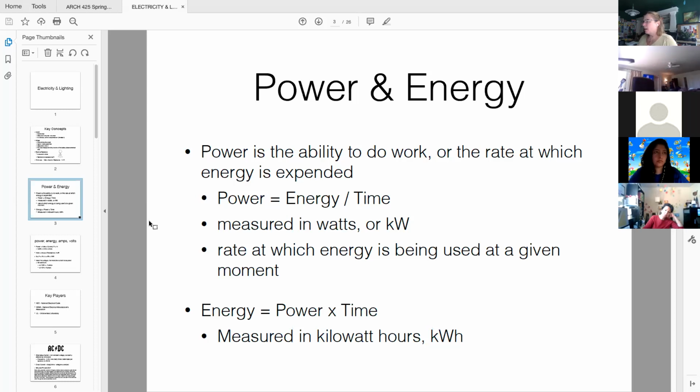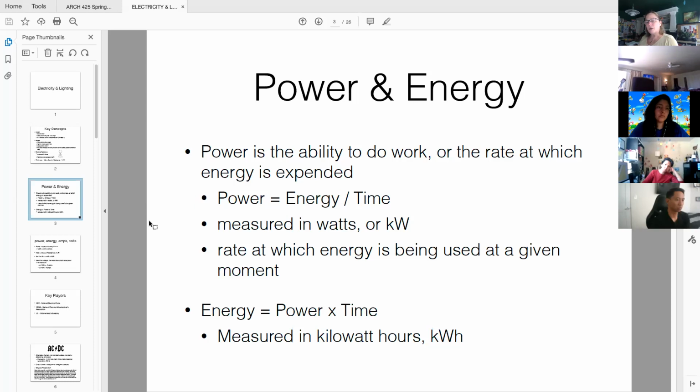It's because it's not just a single point in time. It's over a period of time. And similar to how we were talking about